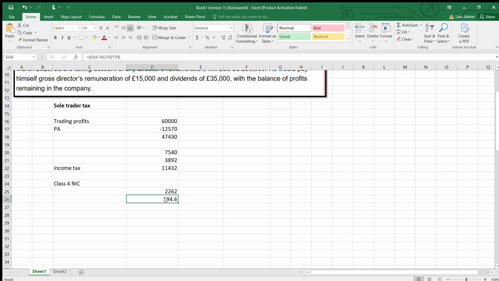Always round the figure, drop down the decimal, and add this. I'm going to do the sum function. So this I'm going to drop the decimal. It's 2,457. Okay, now this is your NIC.